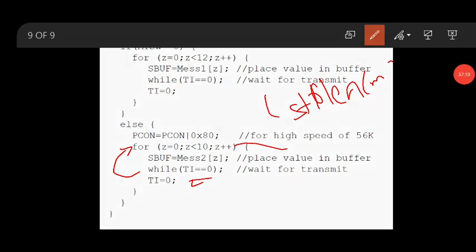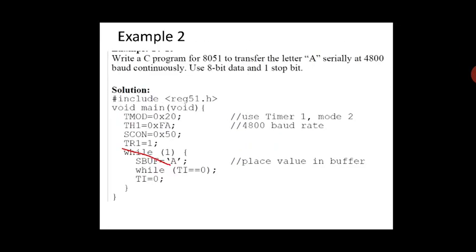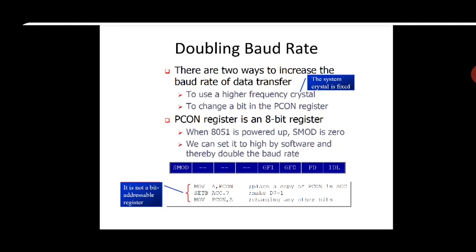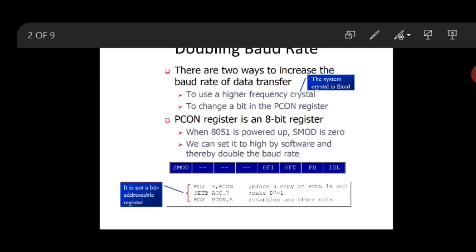I hope this is the concept of PCON. How will I make it here? When I say PCON is high, I have to make the SMOD bit high. I need to set this SMOD bit in the PCON register. That is why we use OR, because you can't access a single bit of PCON in the C program. You just have to do the operation by making an OR operation.